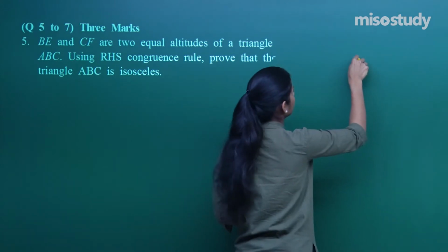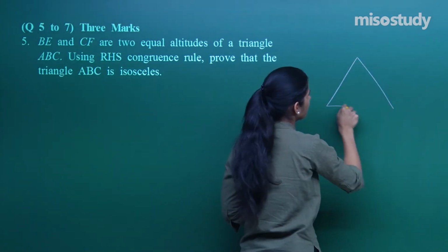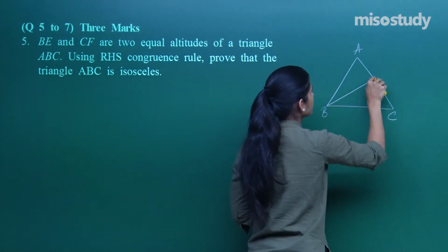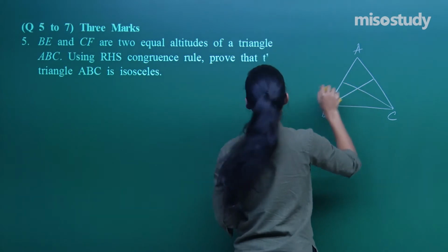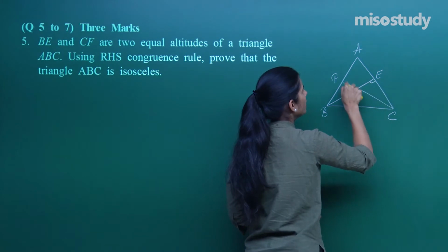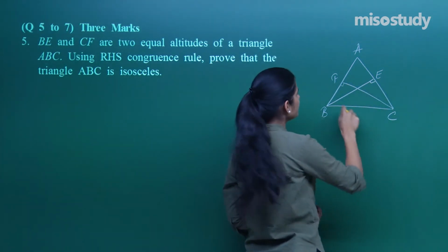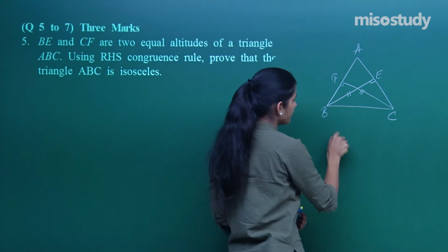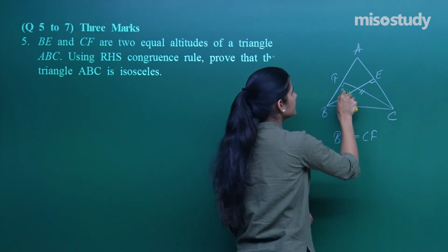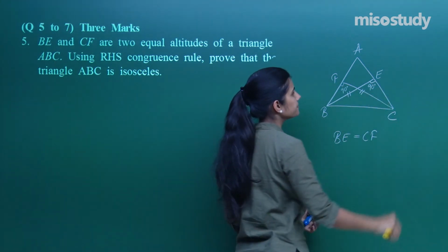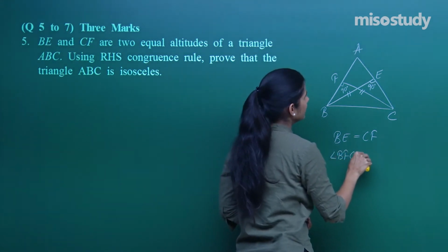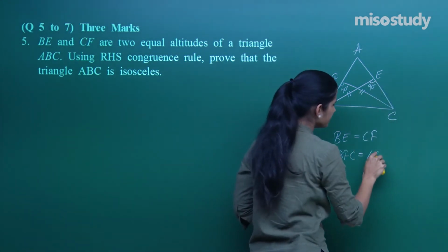Okay, so we have a triangle. Say this is A, this is B, this is C. What is given to you? Read carefully. It says BE and CF are equal altitudes. Equal means whatever is BE, same is CF. Fine. This angle is 90. This angle is 90. So I have angle BFC is same as angle CEB,